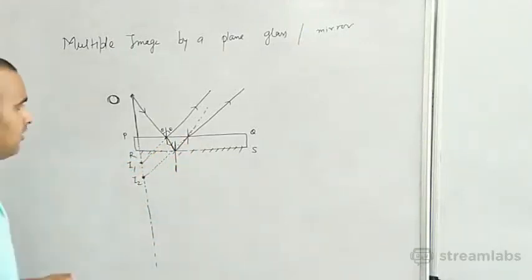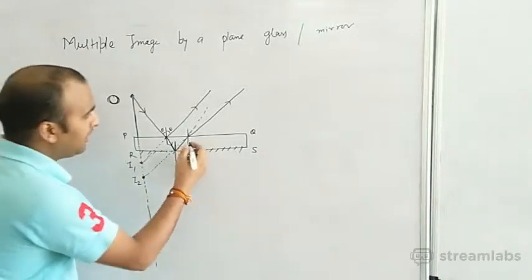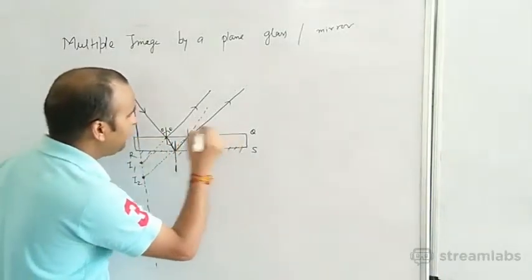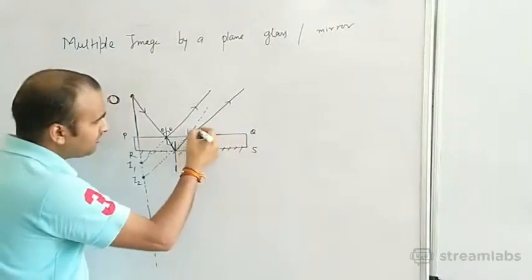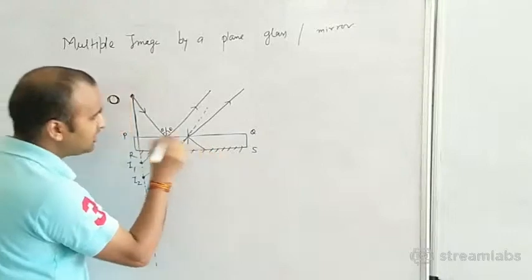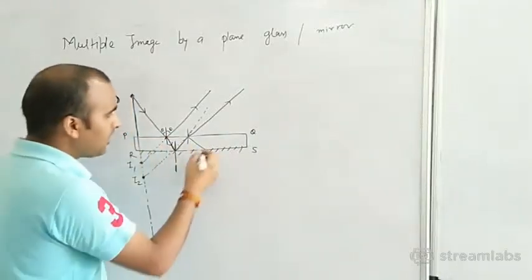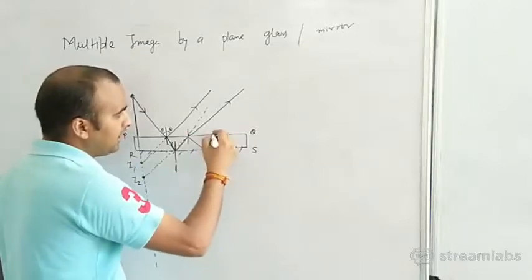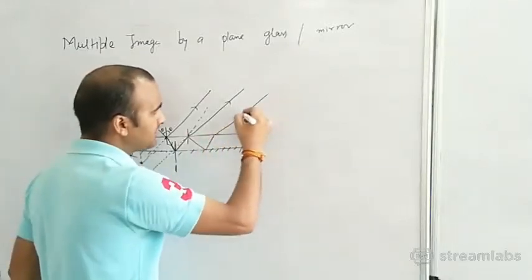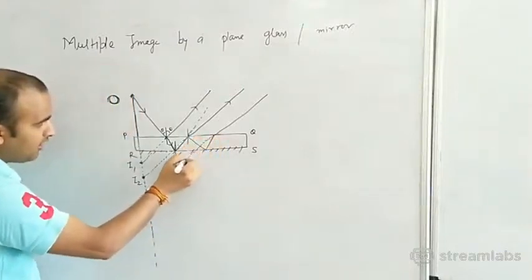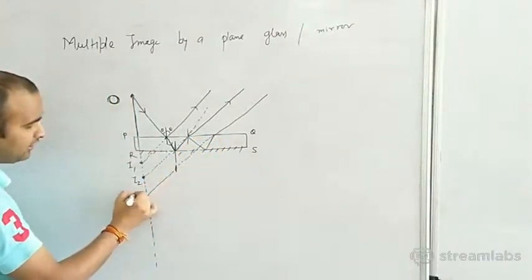Okay, now again, what is happening here? This is the transparent medium, this is the transparent medium. So the maximum part of the light is reflected and a minimum part of the light will be reflected again like this. Understood? Again this is the polished surface, so reflection is going on and the light is again out from this glass slab, and when I produce this light like this, then I obtain here another image which is I3.